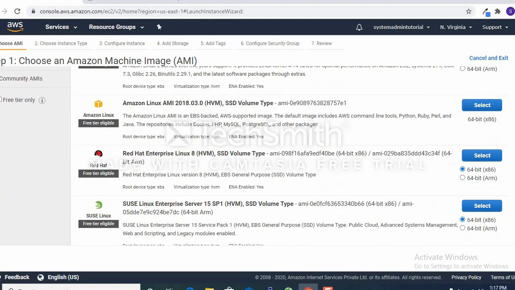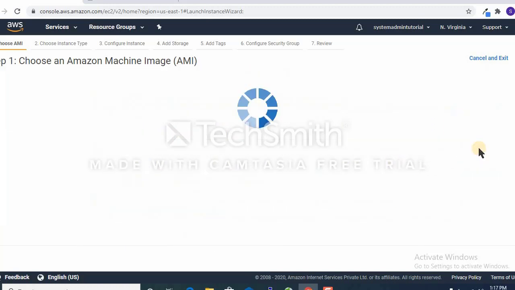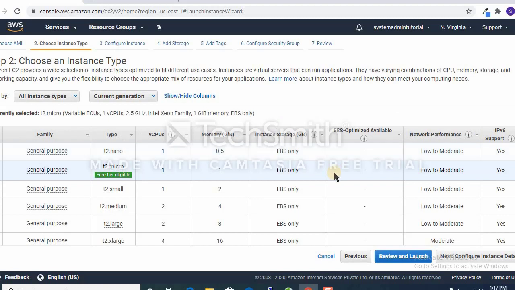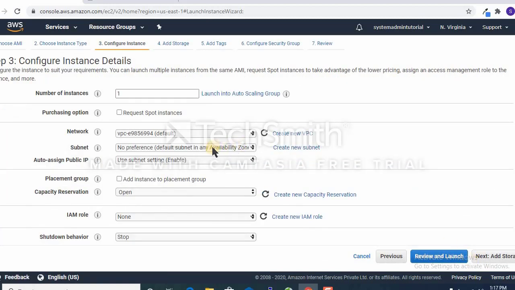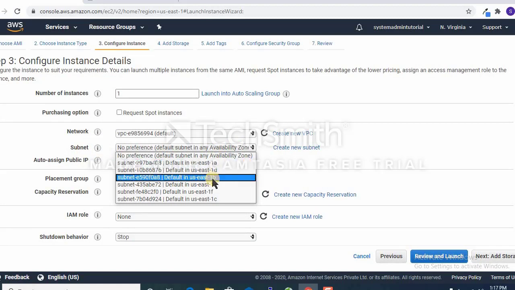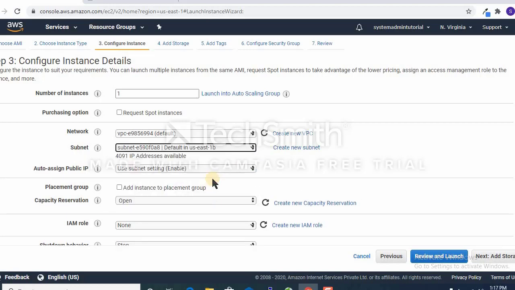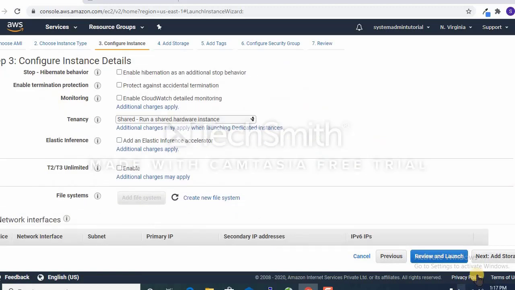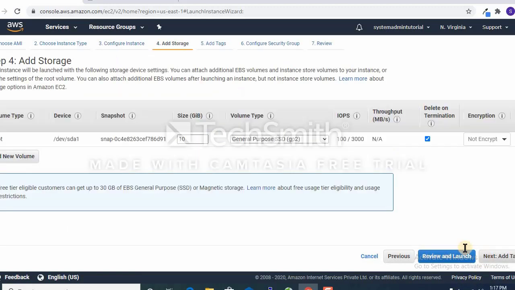Again we'll select Red Hat Linux, or you can select any other AMI, Windows or Amazon, whatever you like as per your corporate environment. Then click on configure instance details. Here in the subnet, in the previous instance we selected 1a and now we will select 1b. Then click next to add storage. By default 10 GB is there, which is sufficient.